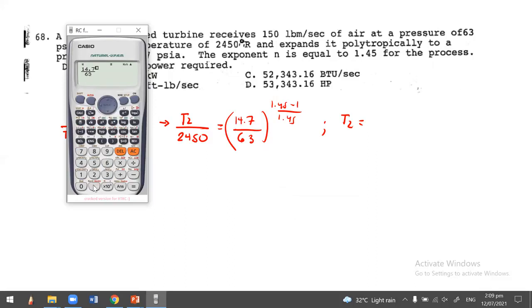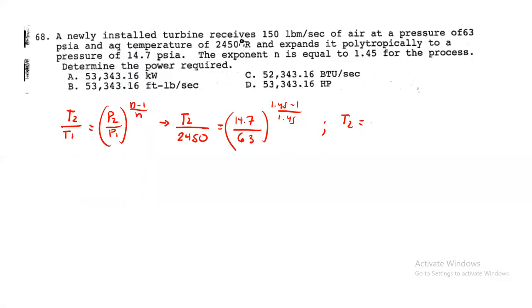Raised to 0.45 over 1.45 multiplied by 2450. So, ilang sagot dito? 0.45. Bakit? Taas ko pala na yan. So, 1559.62. So, 1559.62 degree Rankine. So, syempre, para makuha natin yung power required,